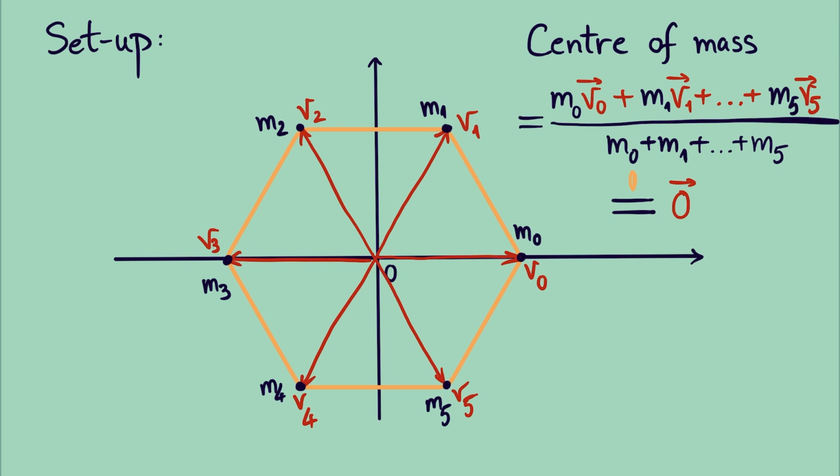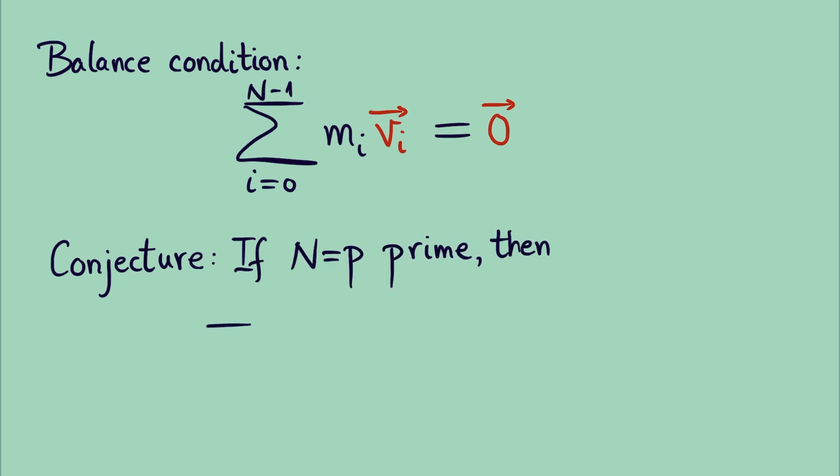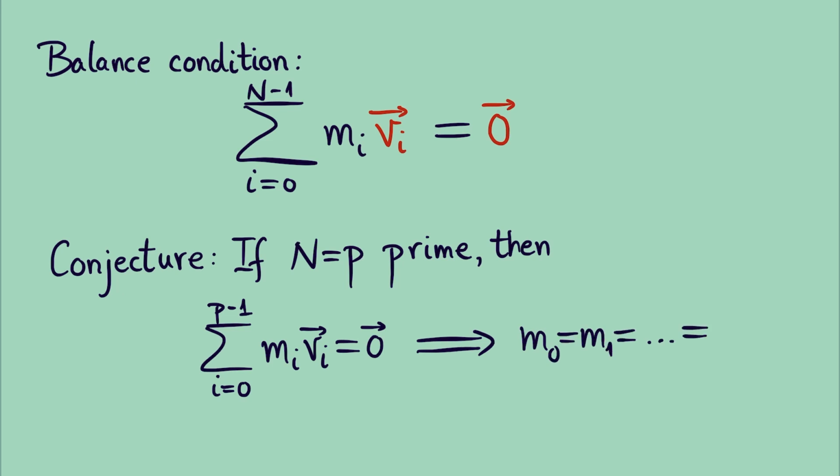is the 0 vector. Because scaling the 0 vector by anything still gives the 0 vector, we arrive at this simpler condition. So, our conjecture now says the following. In the case of prime numbers, if the sum of weighted vectors is 0, then all the weights or coefficients should be equal. For simplicity, we will assume that the weights are non-negative integers, at least with respect to some